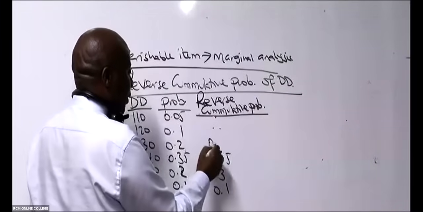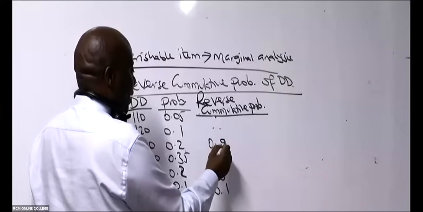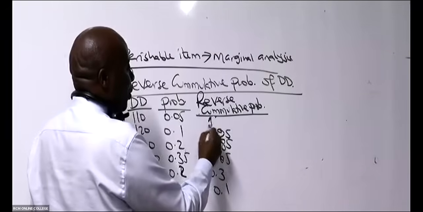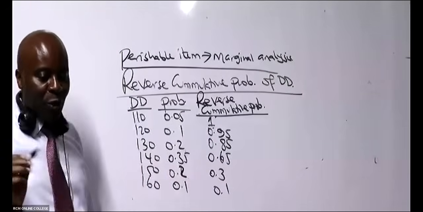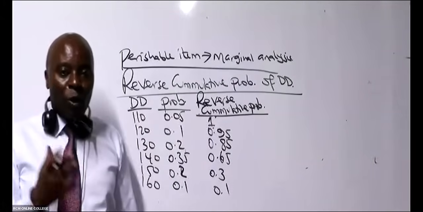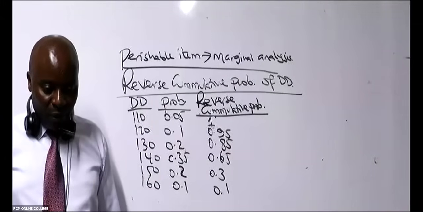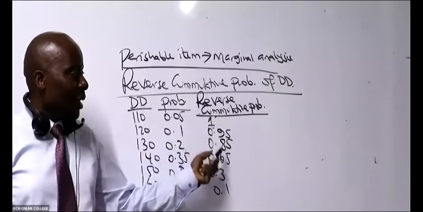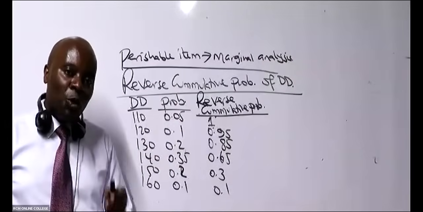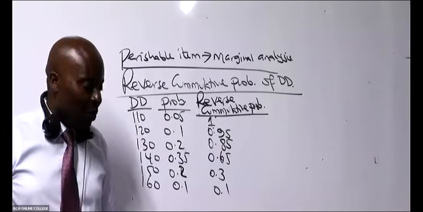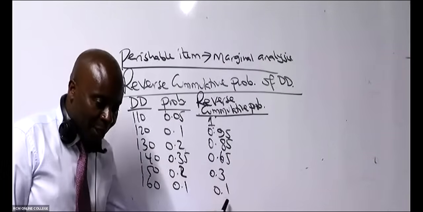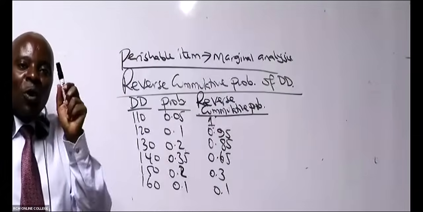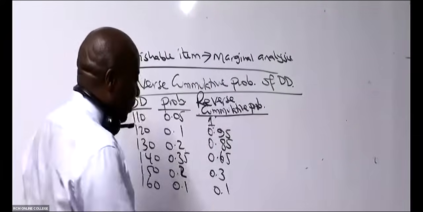This will be point what here, somebody? 0.85, and then 0.95, isn't it? And then the last one will be what here, somebody? 1. If you wish, you can say 1.00, but I'm not concerned with those zeros because this is not simulation. So basically, whenever you want to get these reverse cumulative probabilities, which is an approach applicable to perishable items in inventory management, I must accumulate these probabilities from down here upwards. But now remember, you have your optimal probability of success. Do you remember that figure?